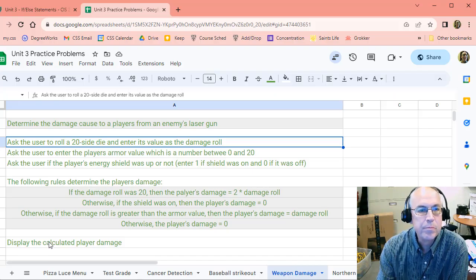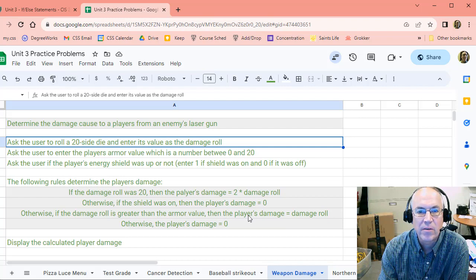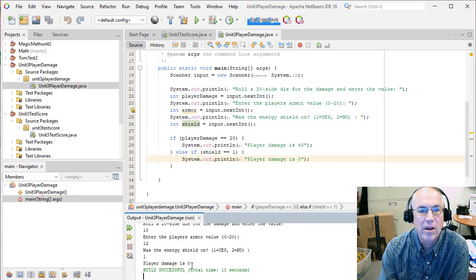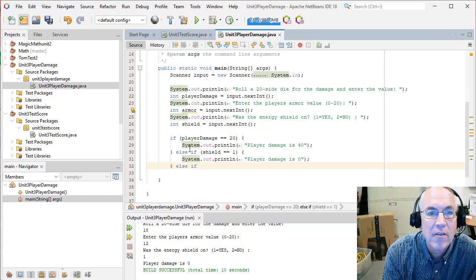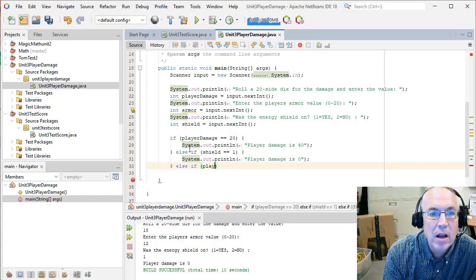Now, if the damage roll is greater than the armor value, and again, this is an otherwise, so if neither of these were true, then we're going to go down to this one. If the damage roll is greater than the armor value, then the player's damage equals the damage roll. So I have to do another else if. If the player damage is greater than the armor,